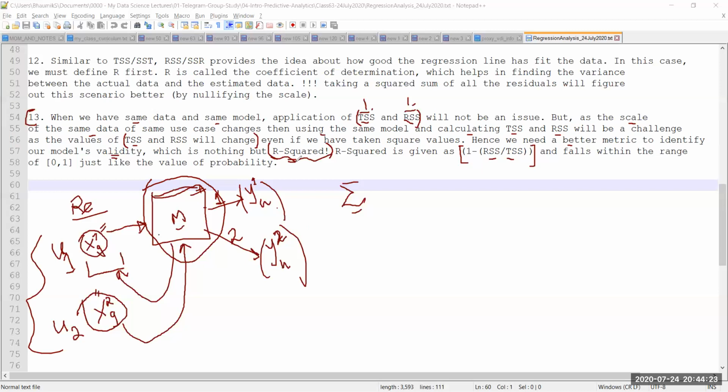That's called scaling, an activity that we ought to do in any kind of predictive analytics, any kind of, let's say, machine learning. But here we are only talking about the metric, which helps us determine the model's performance in a uniform way, irrespective of scale. And that can be given by R squared, where I calculate the RSS. I know the formula for RSS. I know the formula for TSS. I hope we remember what RSS and TSS are.